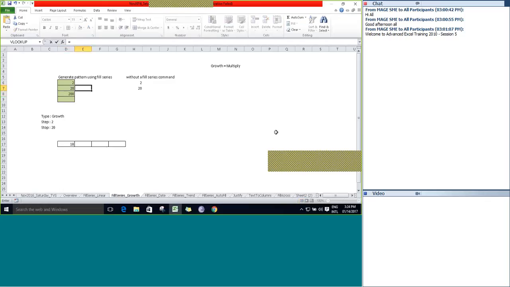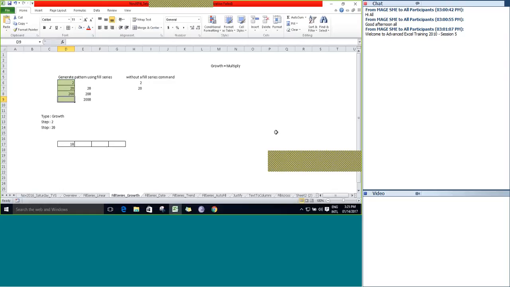So we are getting 20 and 200. How did we get that? 2 multiplied by 10 is 20. 20 multiplied by 10 is 200. And 200 multiplied by 10 becomes 2000. But we gave a stop value of 1000.